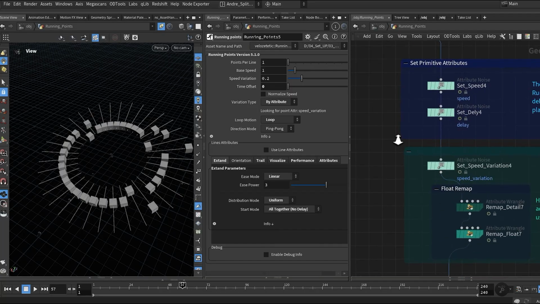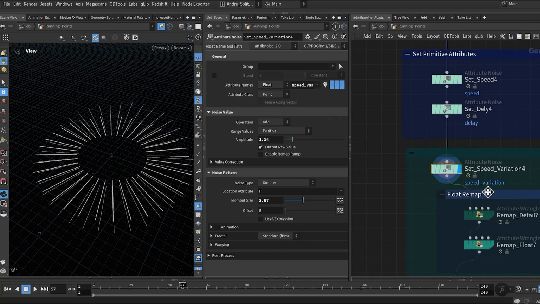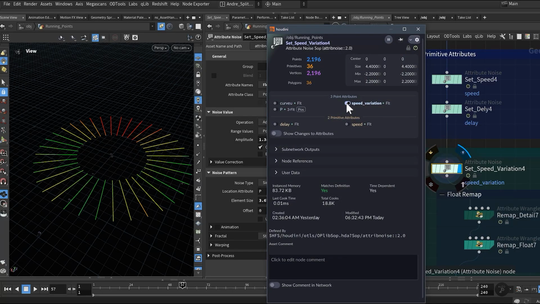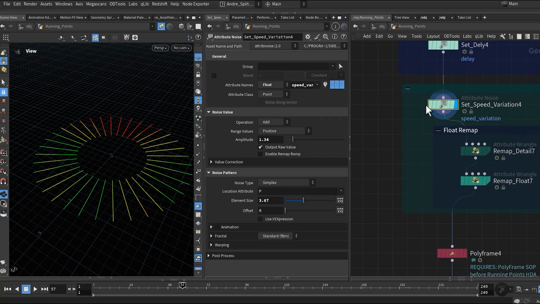For attributes, you can set the attribute speed variation, and you can assign the attributes to the curve points. That attribute works as a multiplier for base speed.